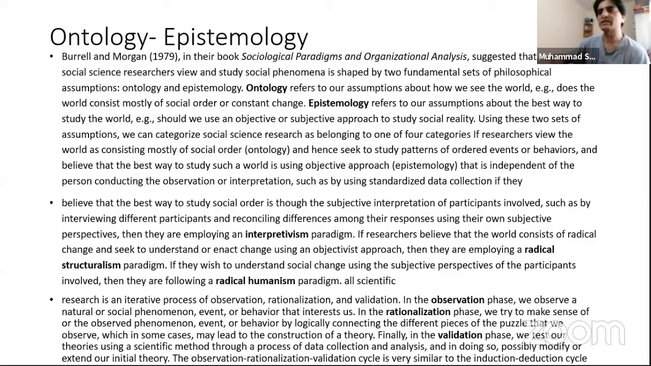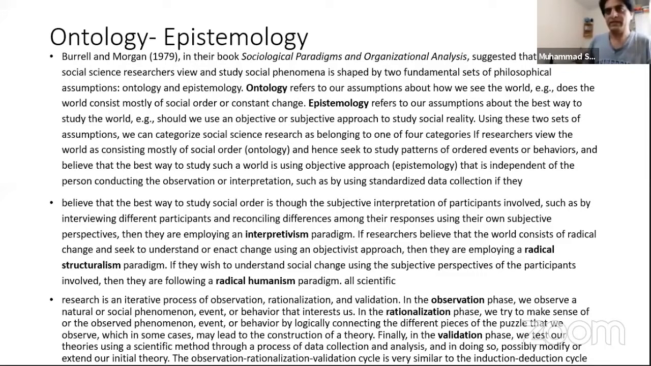Using these two sets of assumptions, we can categorize social science research as belonging to one of four categories. If researchers view the world as consisting mostly of social order, for example, ontology, and hence seek to study patterns of order, events, or behavior, and believe that the best way to study such a world is using an objective approach, which means epistemology, that is independent of the persons conducting the observation or interpretation, such as by using standardized data collection, then they are implying a functionalism paradigm. If they